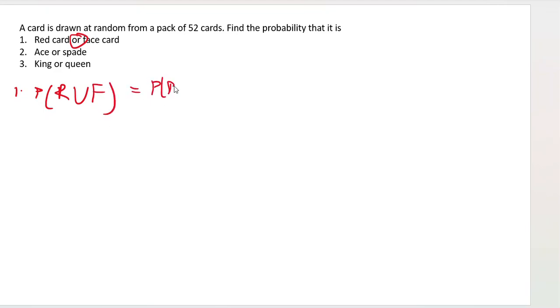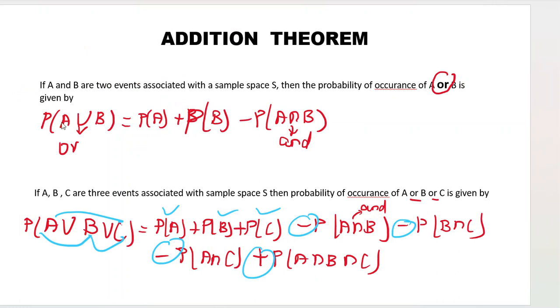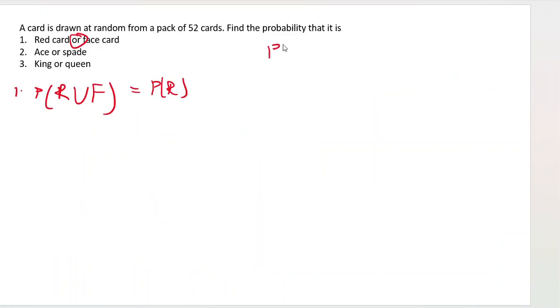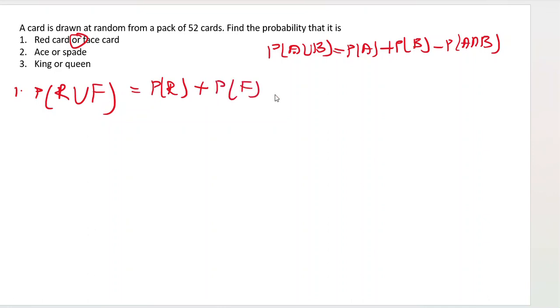So this is P of R union F. By this formula, P of A union B is P of A plus P of B minus P of A intersection B. Now in place of A and B in this case, we have R and we have F. So using the same idea, this is P of R plus P of F minus P of R intersection F. Your P of R